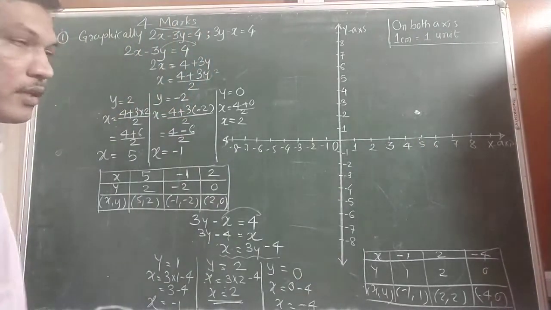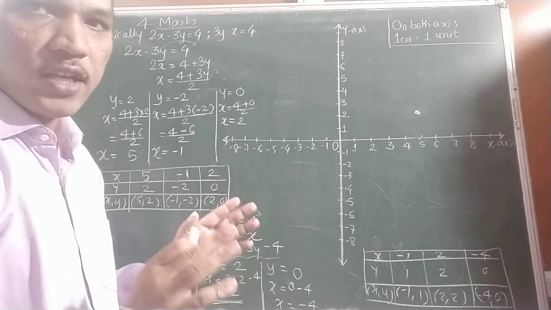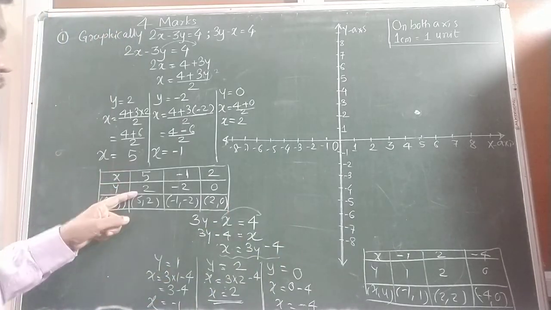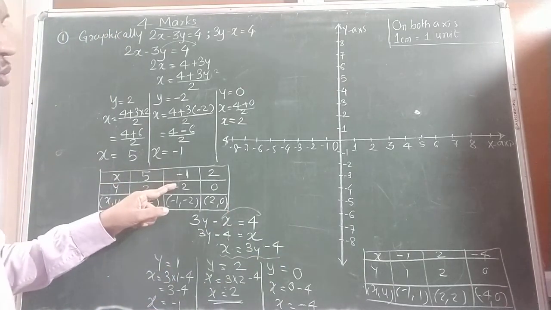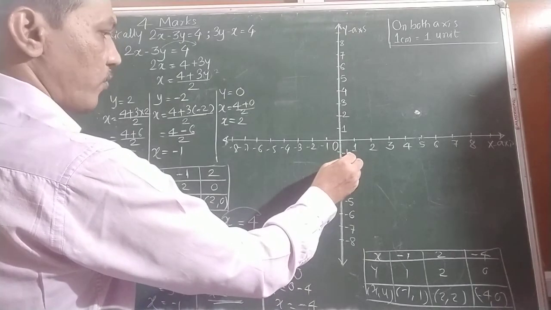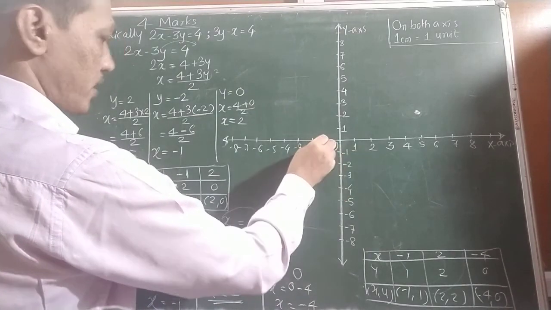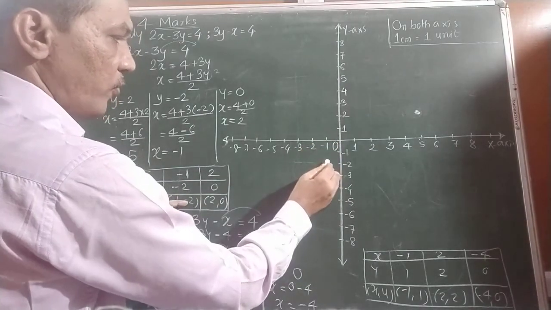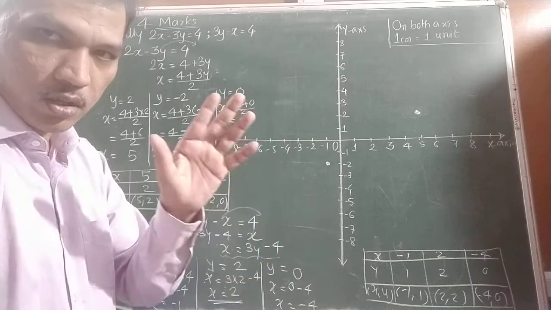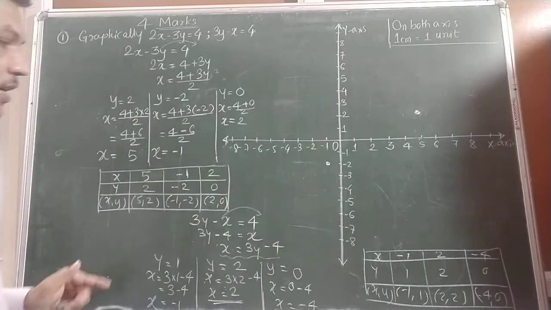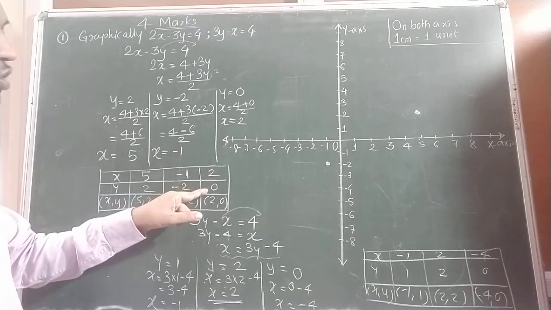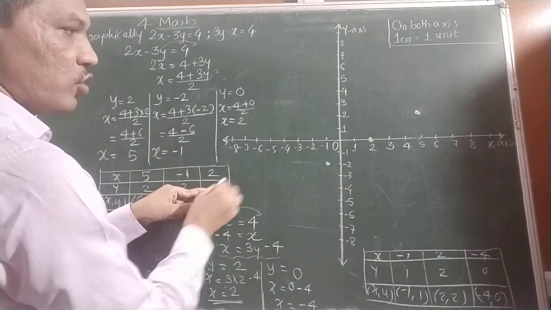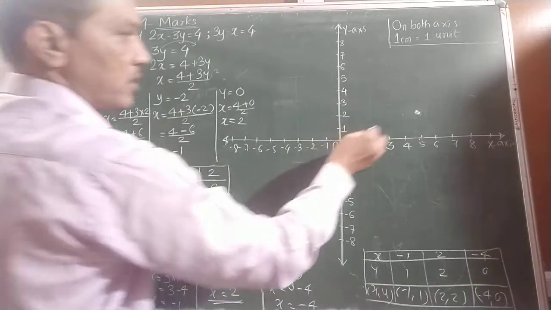Okay. See, listen to each and every video carefully. I am repeating the whole algebra again. Okay. 5 comma 2. Now minus 1 comma minus 2. Minus 1 from x. From x is minus 1 here. And minus 2 for y. Minus 2 is here. If you plot the points carefully and right, then only your line is a straight line. So 2 comma 0. 2 comma 0 means y is 0. That means the point is on the x axis. We know when the y coordinate is 0, the point is on the x axis. So these are the 3 points.